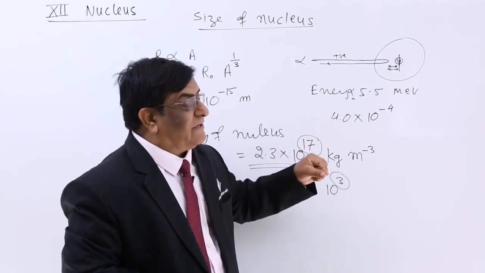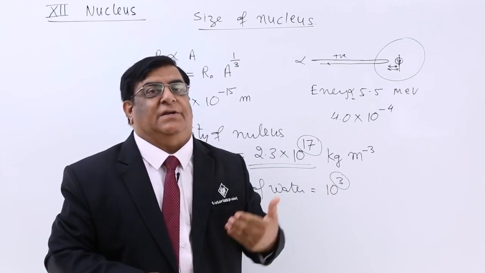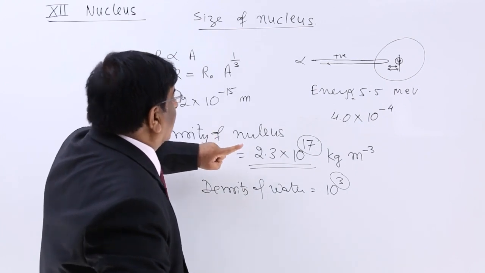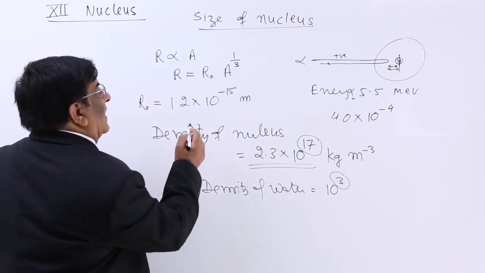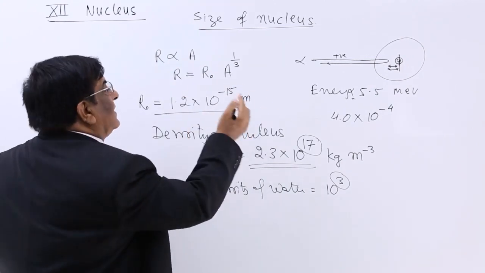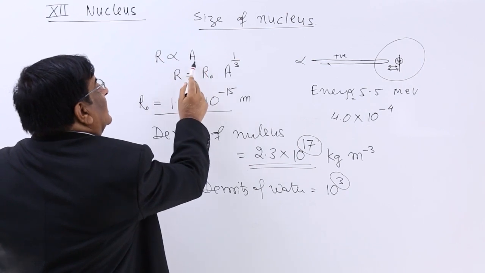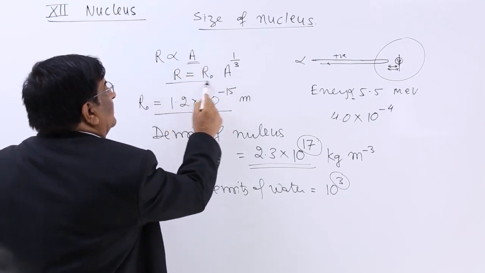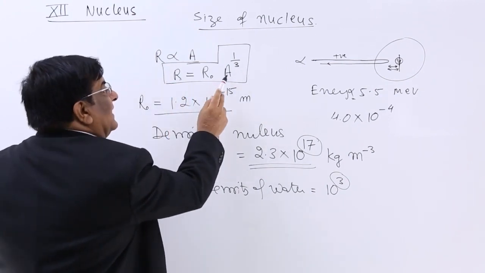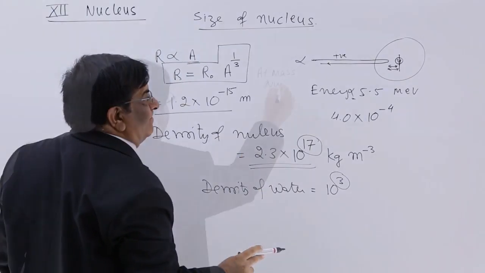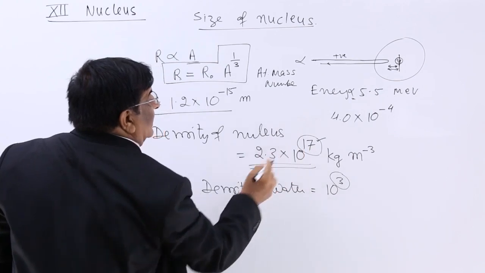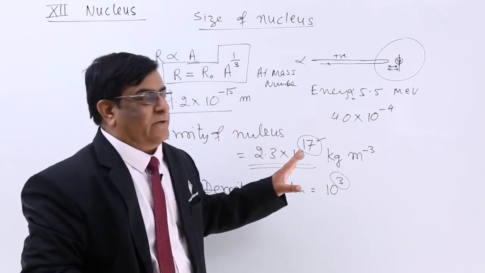The effect of this density we will see when we study neutron stars. So this is density, this is size, and this size starts from the hydrogen size, that is this much, and after that it goes on multiplying according to the number of particles, and the number of particles is A. So please remember, this is the relation of the size where A is the atomic mass number, and the density of the nucleus is very, very high. 10 to the power 17 is the order for that.